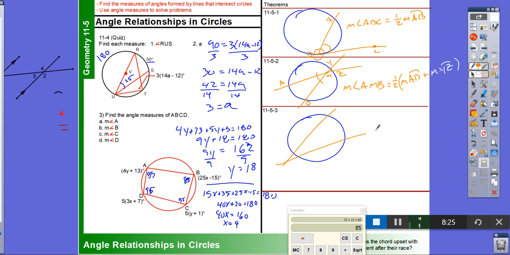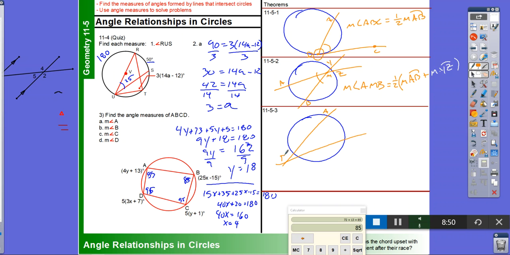I know you're very, very excited about my secants. Okay, so we have our secant here, and in this case, they meet outside of the circle. Let's call this one